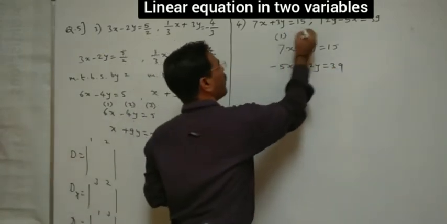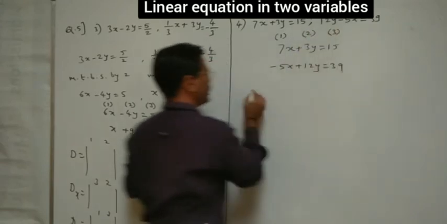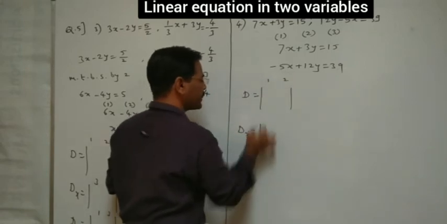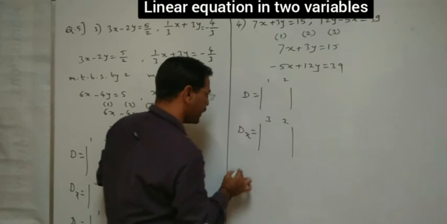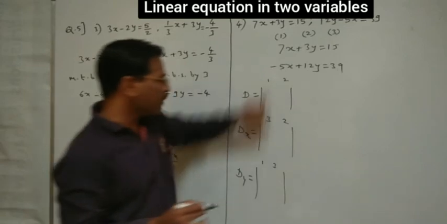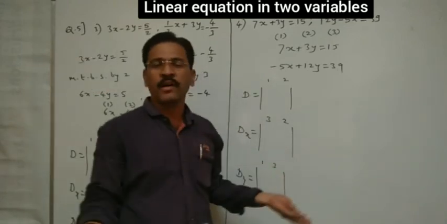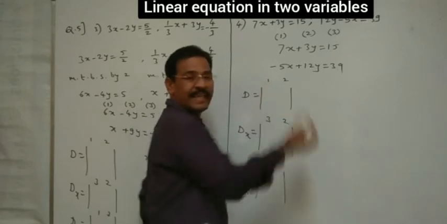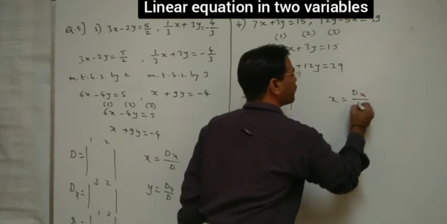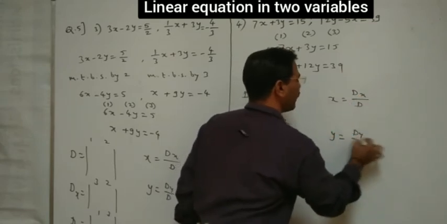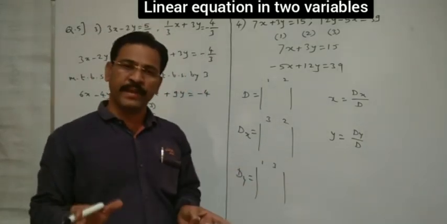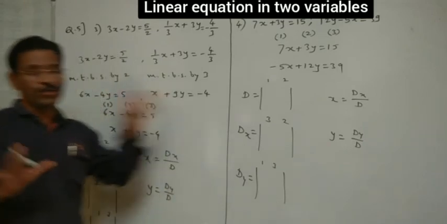Again, this is column number 1, 2 and 3. D, as we know, is 12, Dx is 32 and Dy is 13. Only these coefficients, keep them here and go with cross multiplication as per your procedure. Then we can find D, Dx and Dy. After that, by applying Cramer's rule, x is equal to Dx by D and y is equal to Dy by D. Put the values here, and if they are divisible, divide and write in simplest form. Okay friends, try to solve it yourself.